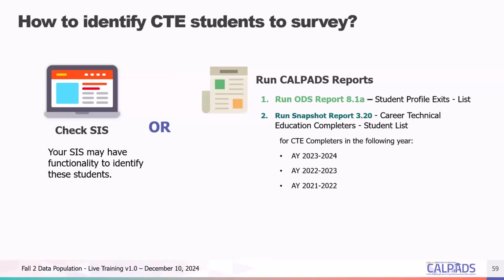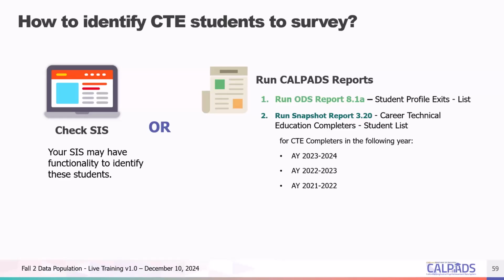So how do you identify these students? There are two ways to identify students who will require PSTS files submitted to CalPADS and thus who will need to be surveyed. First, if you're fortunate enough to have a robust student information system and you're able to query your student information system with parameters that meet the PSTS reporting requirements, you are able to get this information from your local student information system. And if you are able to get this from your local SIS, you are one of the lucky few, because for the majority of folks, we will need to use CalPADS for this purpose.